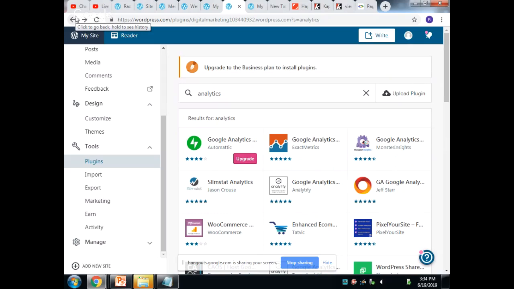That's a plugin that's free once you're using a paid plan. If you're on a business plan with WordPress, you can get any of these plugins. Get one of these analytics plugins and put your code in that way if you're scared to get into the